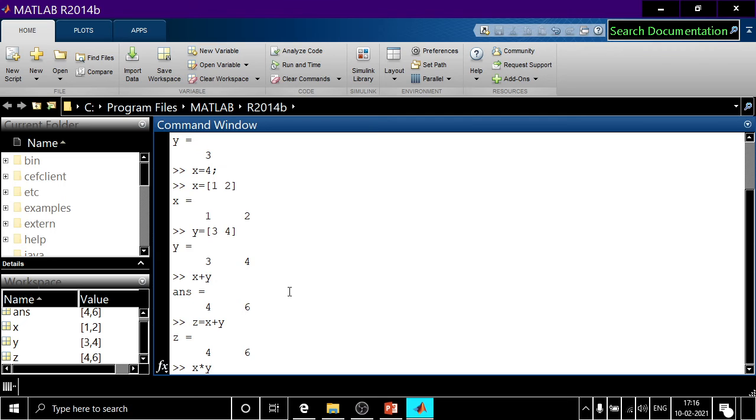But I can use x minus y, right? That is possible. So here you will see ans will change. Answer has changed. Answer has become minus 2 minus 2. Okay. Whatever, this is some idea of it.